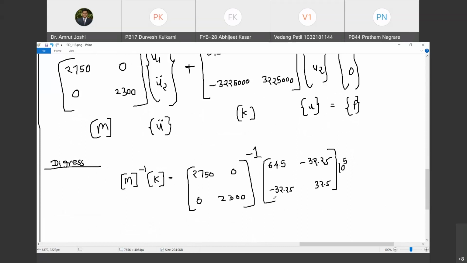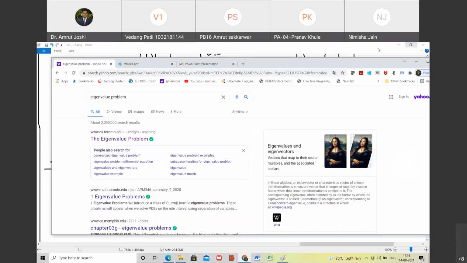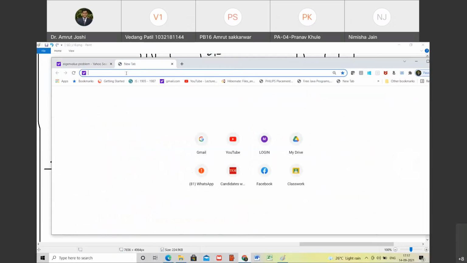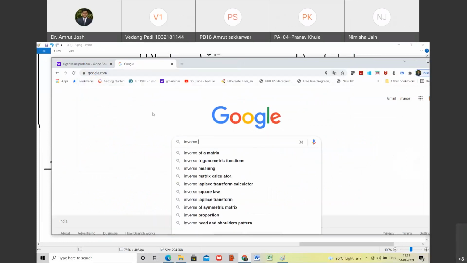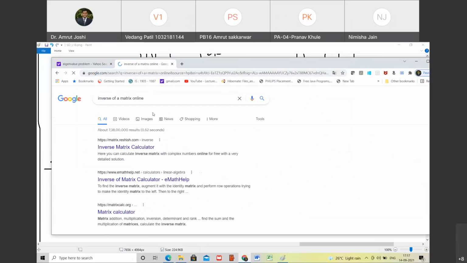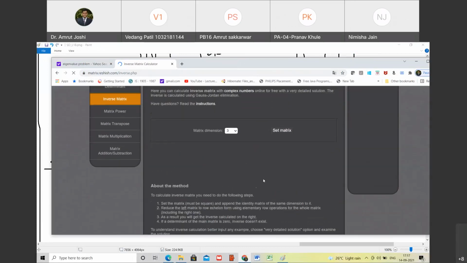For now you have a calculator, you can do it on the calculator. Right now I am going to do it using online tools. You can always do this on a calculator. So let me share my screen with you. Is my screen shared? Okay, so now let us try to find the inverse of a matrix online. We can do matrix inverse: A inverse A is equal to the I matrix.